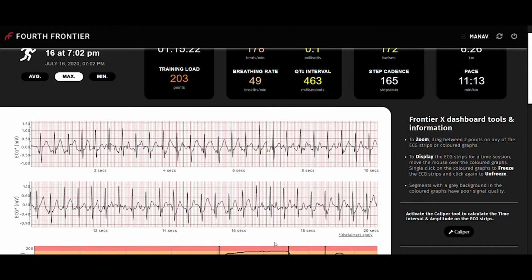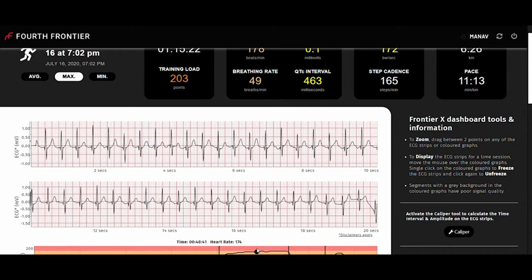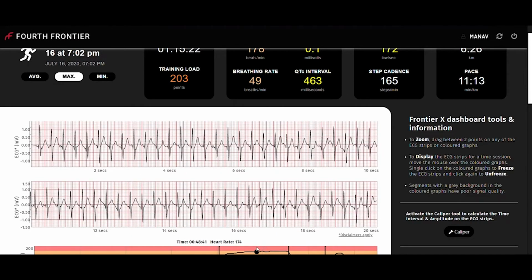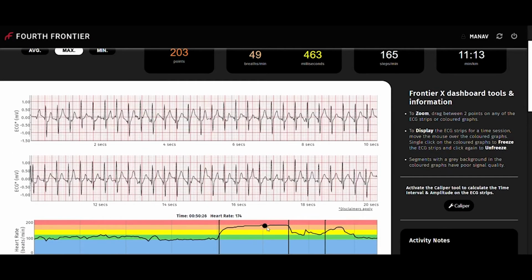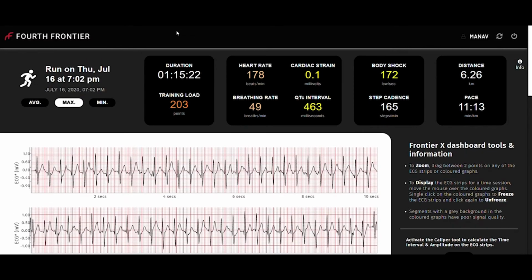So while you scroll on this graph, it updates this view to show you the ECG corresponding to those 20 seconds. And you can quickly scan the rhythm to see if everything was normal or not. On top, you can see the training load and each of these metrics. And you can also see either the average or the maximum values or the minimum values for each of these